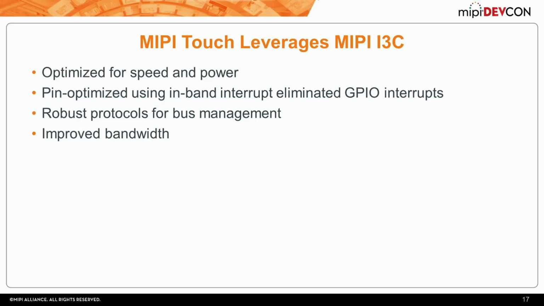It's also been pin optimized. So any interface we talk about right now that's in the market always has a separate interrupt, may have additional pins depending on which one we pick. Now we all of a sudden have the ability of in-band interrupts. So we save another pin, which can be helpful on the FPC side. It also could be helpful on the MSM side or others where they're trying to save on the amount of pins. It also already has built into it, so we don't have to go invent it, protocols for bus management.